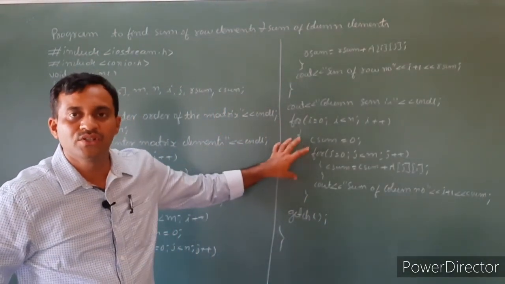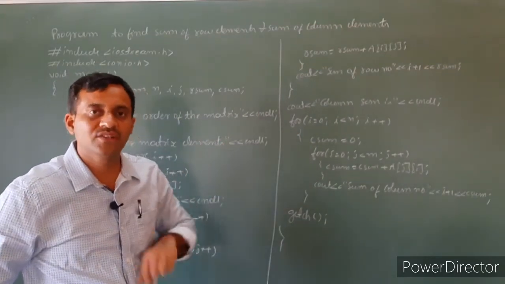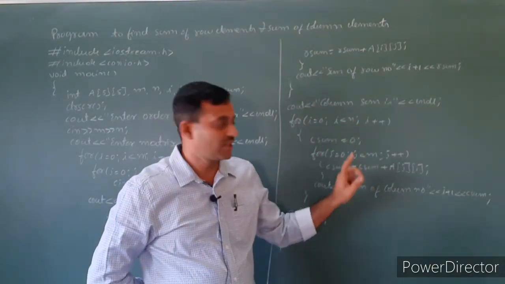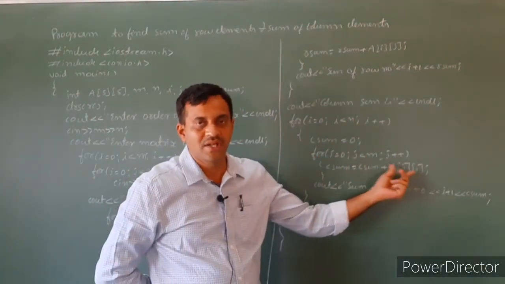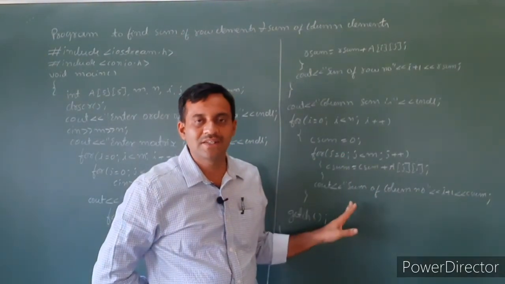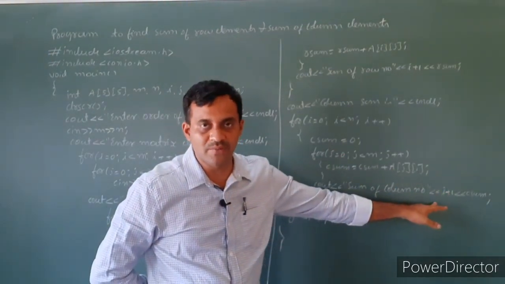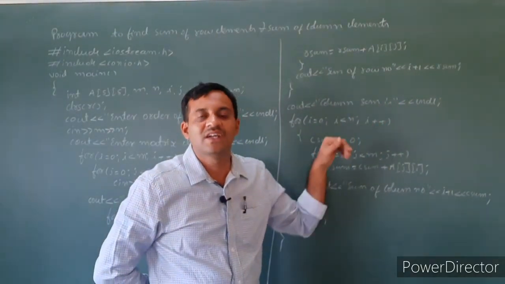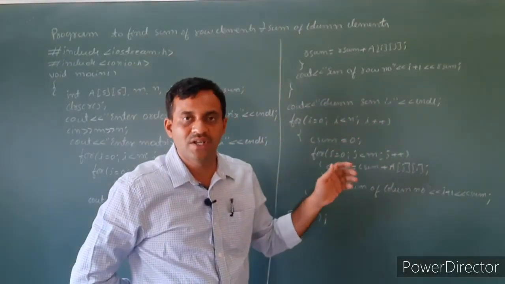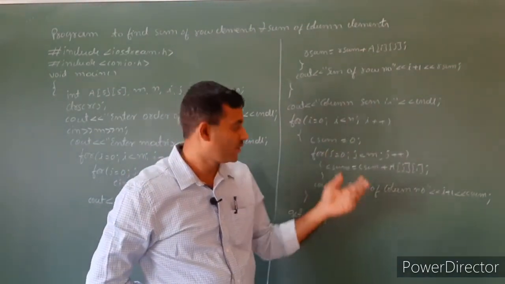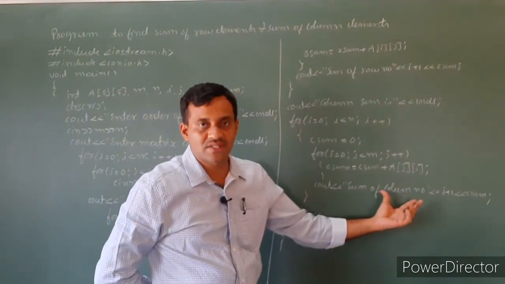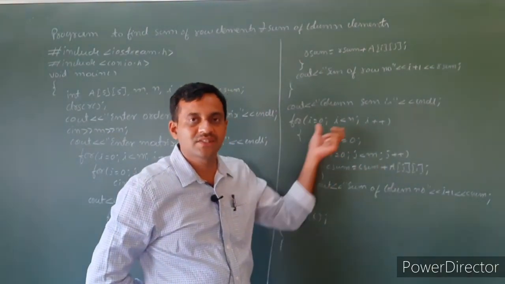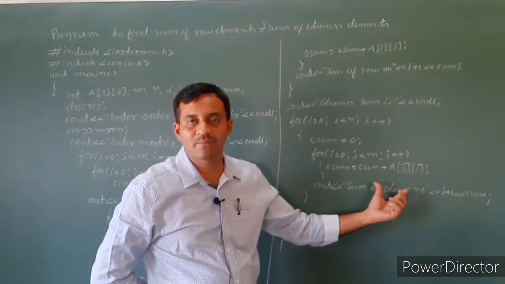For the column sum, use the logic of transpose of a matrix. So interchange the order of the matrix, that is n, m. Then also interchange the index values. When every inner for loop terminates, display the value of column sum, because if the outer for loop increases, it accesses the next column elements. Before going to access the next column, we print the first column sum. Then we access the second column, print the second column sum. Then we access the third column, print the third column sum.